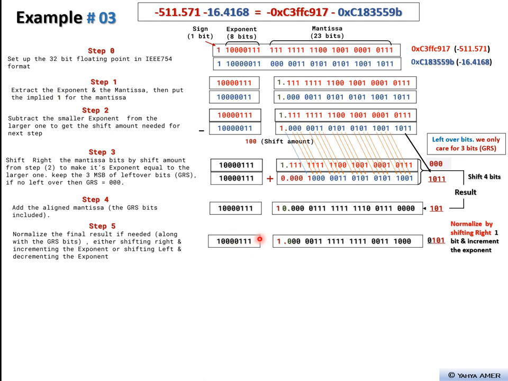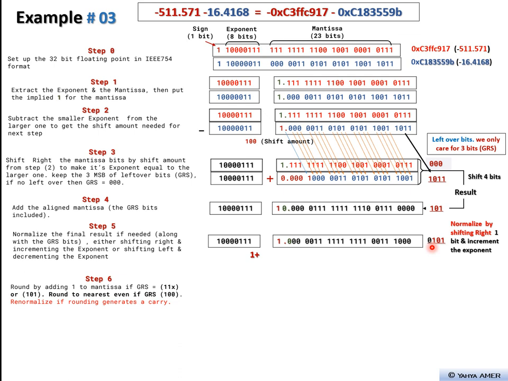Now this is important. In this case, we move this point to the right 1 place, and then we add 1 to its exponent. But notice here, when we right shift, we push this whole number, so we have 0 left over, and this 0 left over is going to be put with the GRS we already have, and this point is very important. So in fact, we're dealing with the GRS as part of the mantissa. When we right shift 1 bit, first we add 1 to its exponent, and second, we put the leftover bit next to the GRS. So now the new GRS becomes